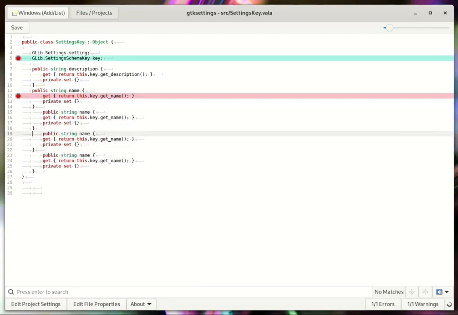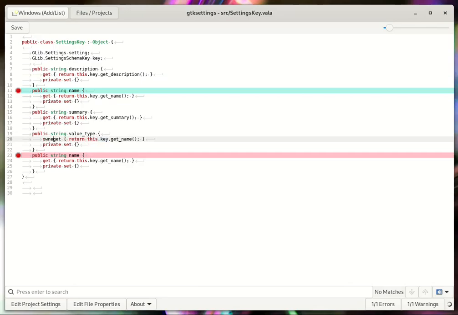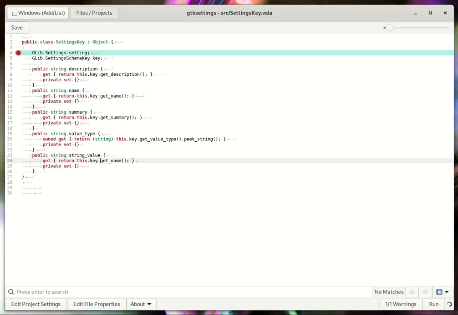So we're actually just going to do 5 properties, all slightly different. So summary property. Again, this is on the key. I think auto completes quite nicely, although a bit overwriting with a double method call. So this one has to be owned. I already knew this, and it has to be cast, and it actually does tell you quite nicely if you don't do that with the language server errors. And this is the value of the